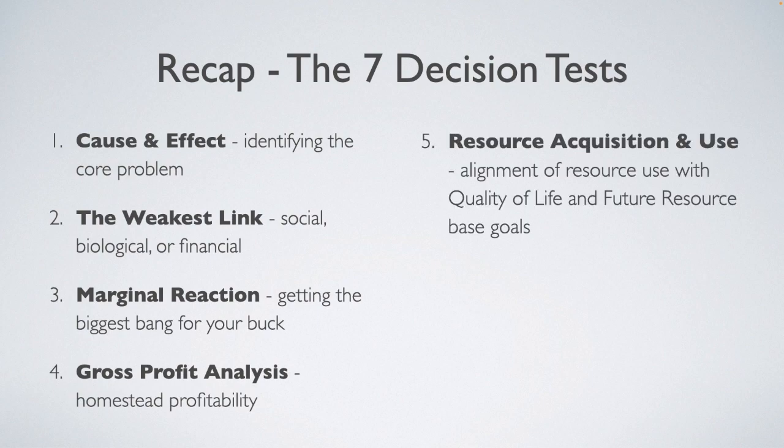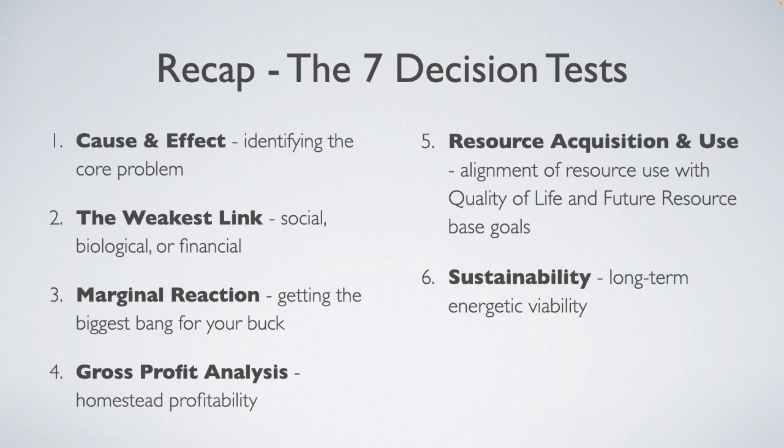Fifth was resource acquisition and use, where you examine current and future patterns of resource acquisition and use, and whether or not they are aligned with creating your desired quality of life. We use this test when a certain enterprise, system, or process is known to be necessary for the function of the larger whole of which it is a part, but can be run using different types of energy input. We also talked about the regenerative, degenerative continuum and the 5 categories of resources as a helpful tool to visually audit your system and propose patterns of resource acquisition and use.